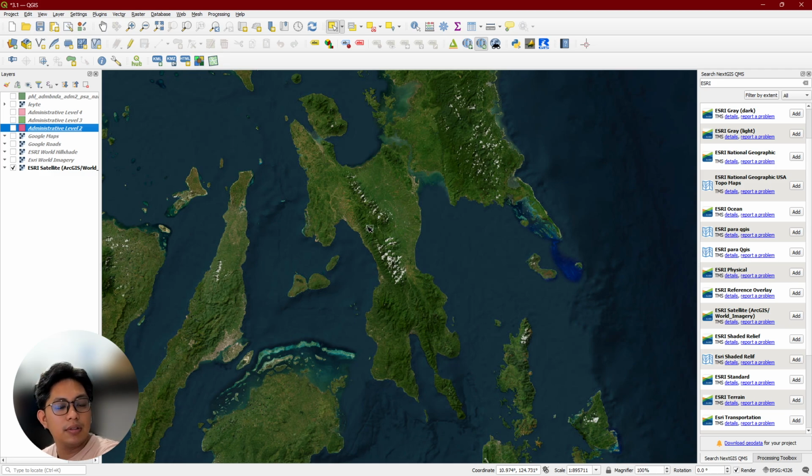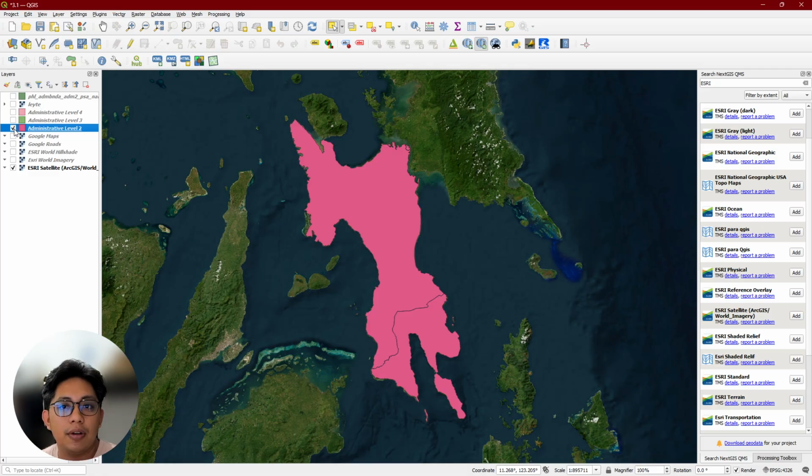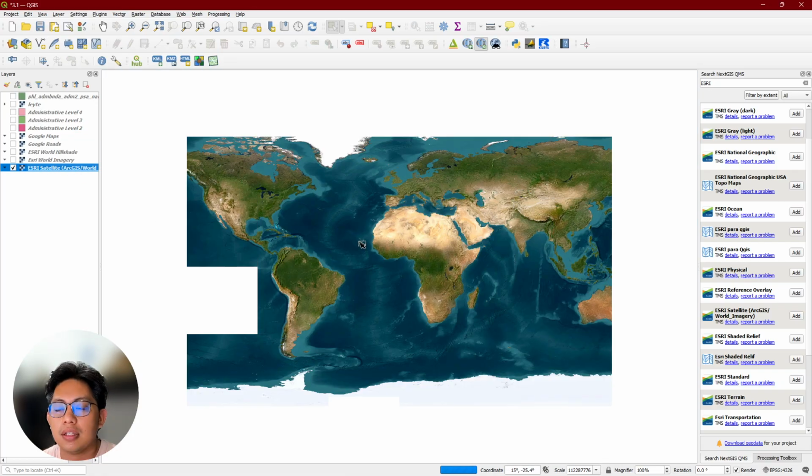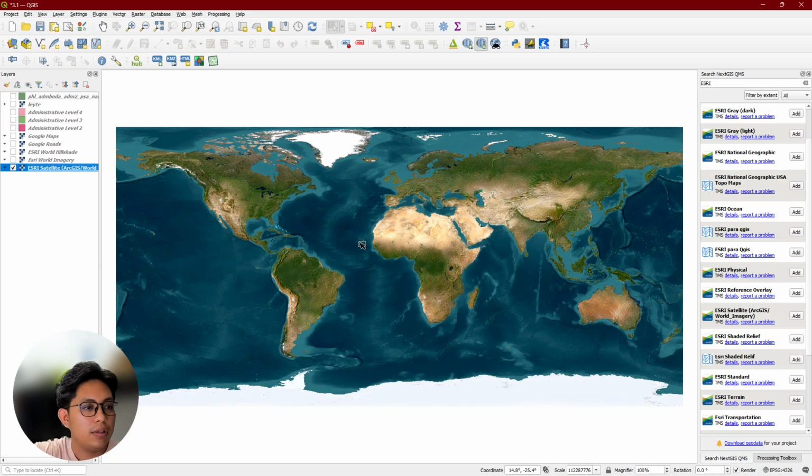If you have not added an admin layer, the whole world will show up in this projection, because we've selected the 326 projection.